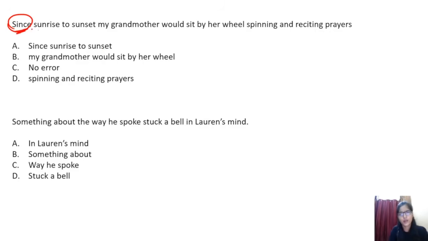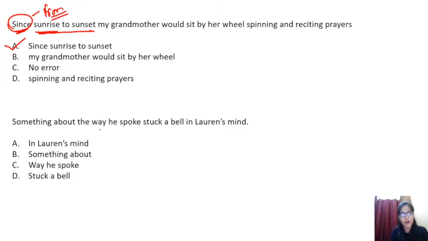Most of you must be knowing that we use since and for with a perfect continuous tense, right? And most probably it will give you the exact time, like 5 o'clock to 6 o'clock. Then there's a use of since. In that scenario, when you are talking about the time phase like sunrise to sunset, then instead of since, from will be appropriate. From sunrise to sunset, that will be appropriate, right? Since won't be appropriate, because I already told you that since we use in the case of perfect continuous tense, right? So option A is the one that is having some sort of grammatical error, right?